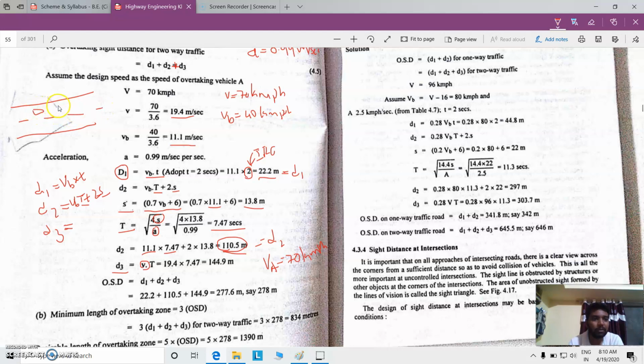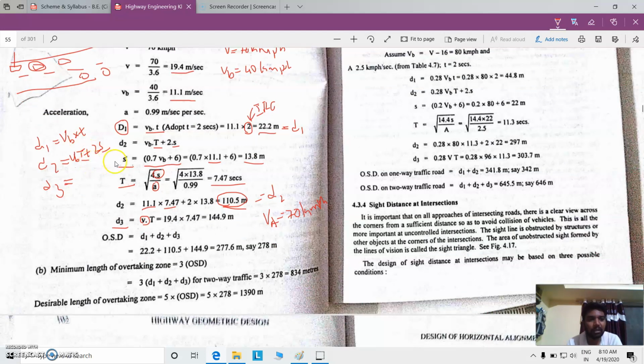There will be two vehicles, one overtaking vehicle and another overtaken vehicle, and the vehicle which is coming from the opposite direction. So among these three vehicles the maximum speed is that of the overtaking vehicle, so the same speed is considered for the upcoming vehicle. If it is not given, we have to consider the same speed for this vehicle also. Right, here in this question they have not given the speed for the upcoming vehicle,